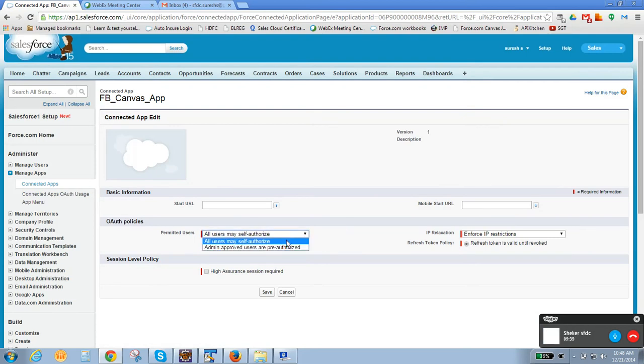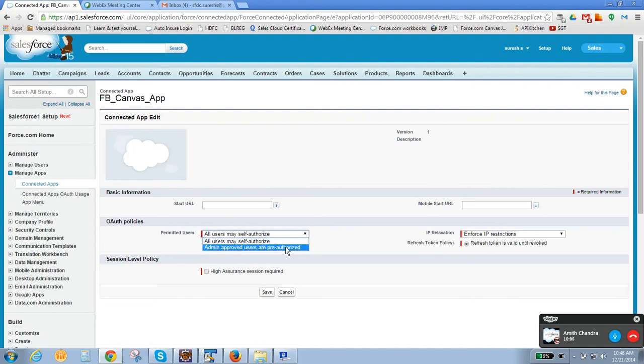All users are self-authorized means every user can access this particular Canvas app, within Salesforce or outside of Salesforce. Outside of Salesforce also we use that particular consumer key and consumer secret to authenticate with the system. All users may self-authorize means anyone can access this particular connected app.